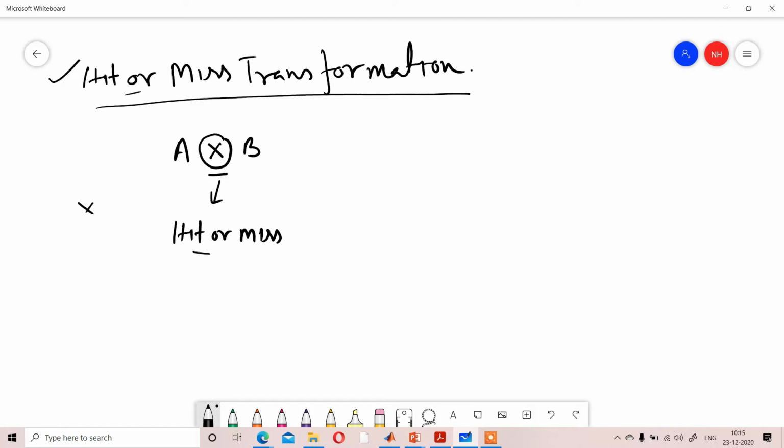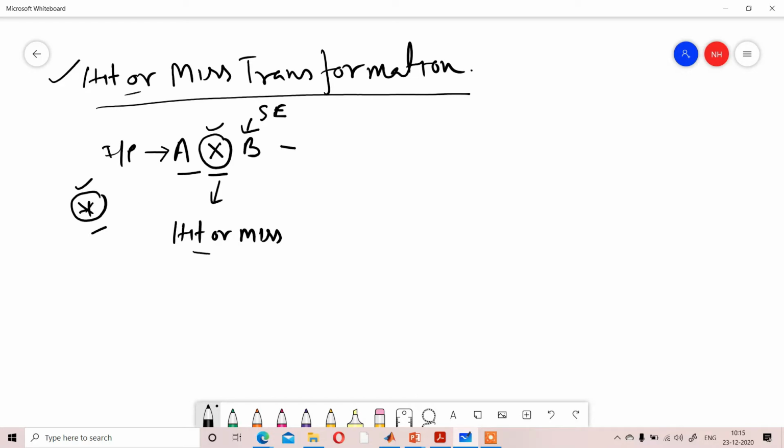That sign sometimes shows like that also. So if you are getting any sign like that, that means that transformation is called the hit or miss transformation, where A is your input image and B is your structuring element.